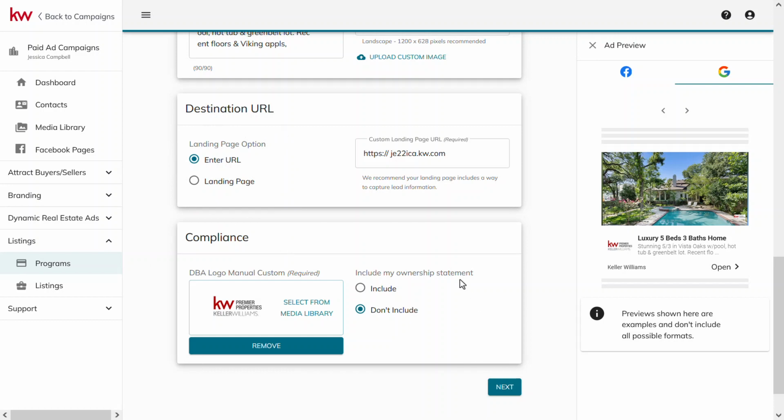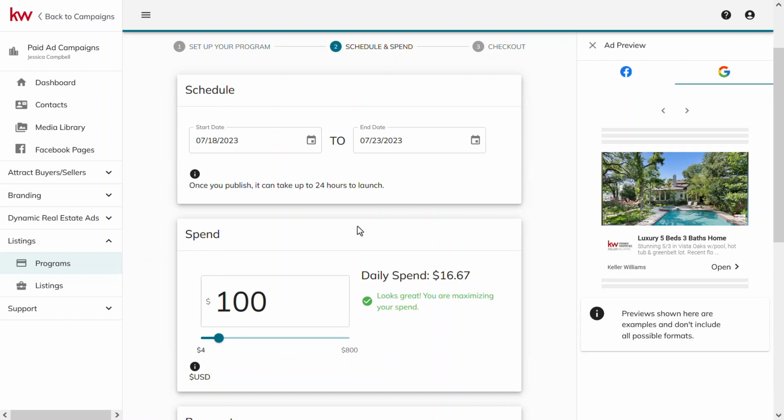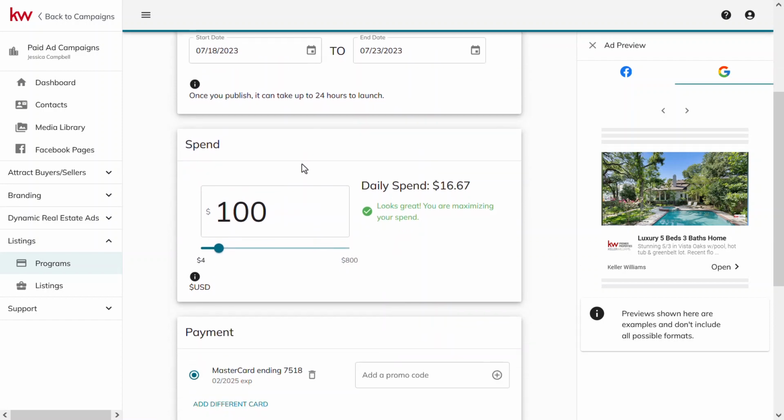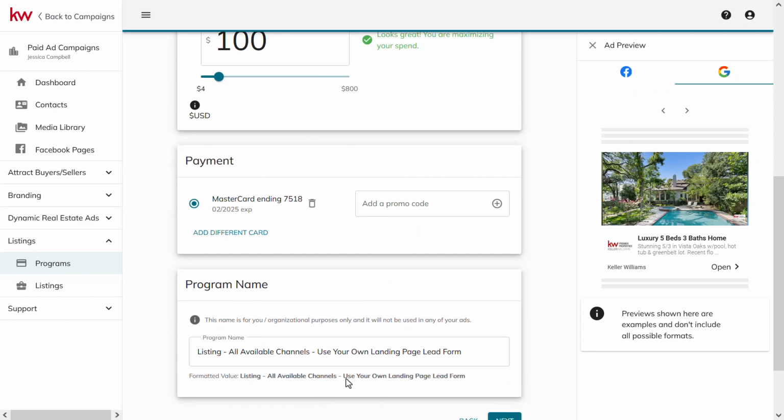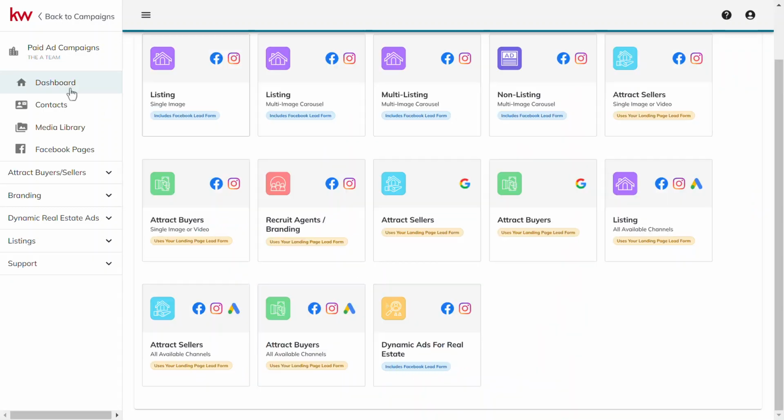We have compliance, just like in the others. And on the next page, this is going to run like a traditional traffic ad. We set a schedule, a start date and end date, what's our spend, our payment, and then we name the campaign or program. Finally, we'll switch to our team account, and we're going to check out dynamic ads for real